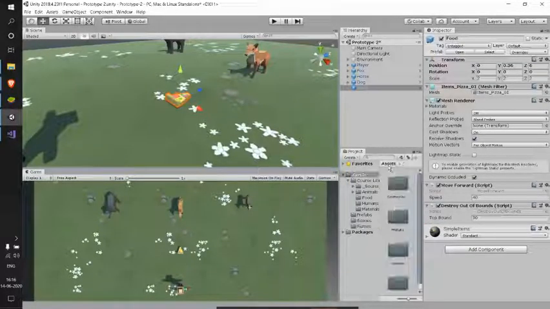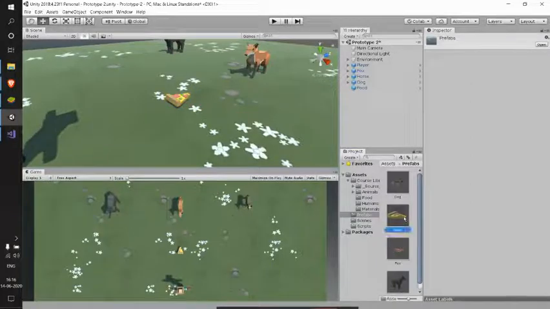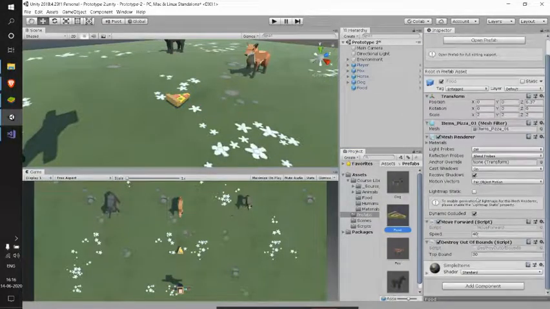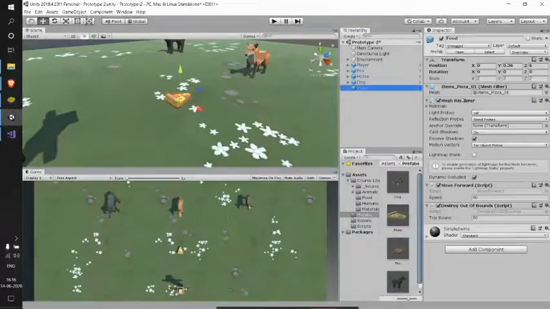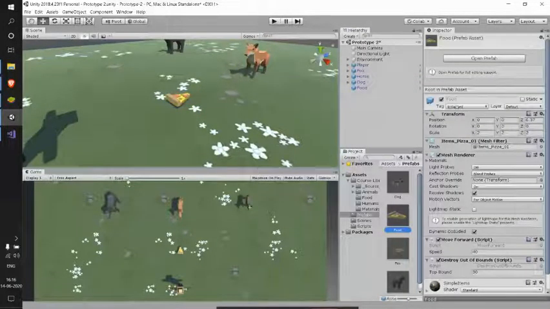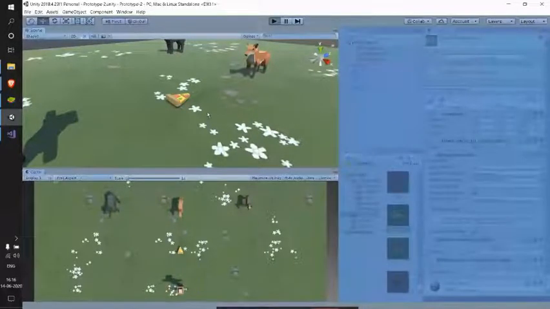So let's get back to my prefabs, and every time just make sure that your prefab and your game object are both the same, like similar. All the components which I have for my game object, I have the same components for my prefab also. I'm just saving this, and now let me check if it's working fine or not.